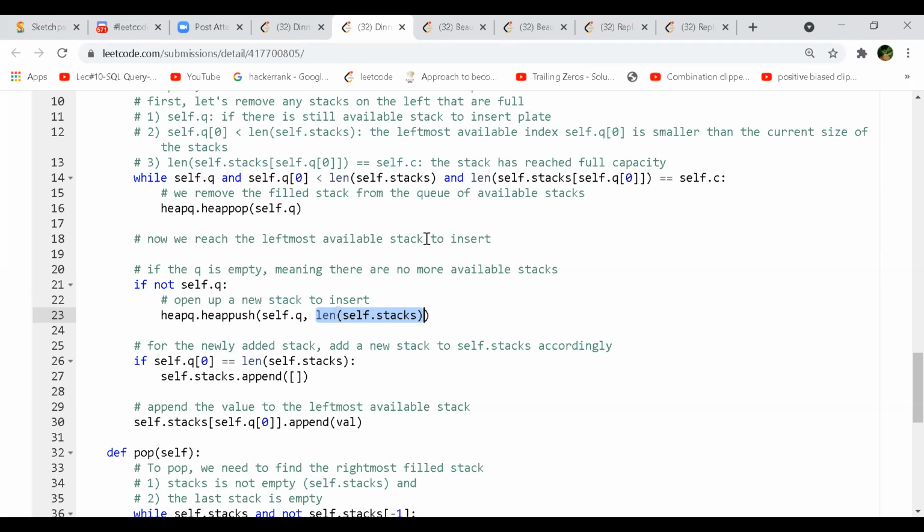So whatever you are pushing, if you see the stacks length, if your stacks are empty, your index will be 0. So that 0 index you are pushing in the heap. But if you already had full stacks of capacity 2, whatever the number of stacks were, you are starting another fresh stack now because previous ones were already full. So therefore, the length of the stacks. So that is what the statement is.